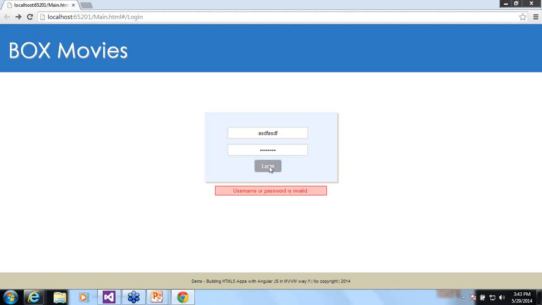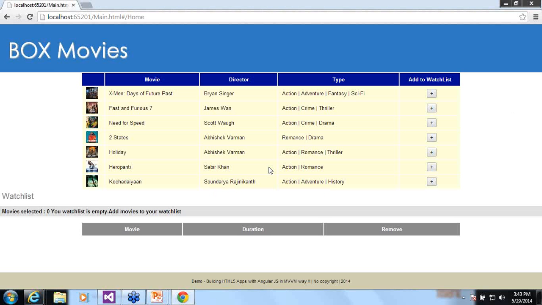We click on login. The user is not valid, and hence an error message is displayed. So let us write the correct name and click on login. Once we write the correct name and click on login, we go to the next page. You see here a list of movies and you add to the watch list.